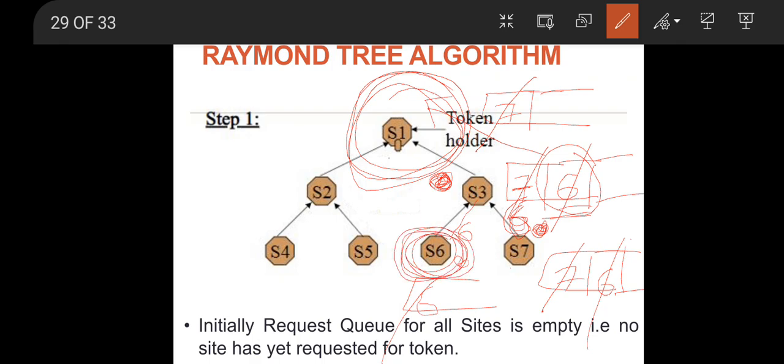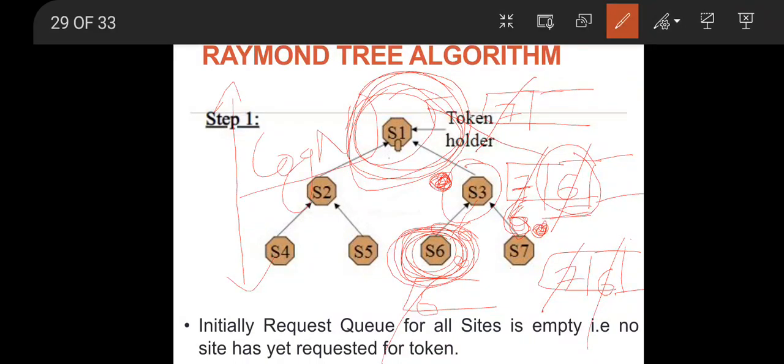If it wants the token, then the maximum number of times the message will have to travel is from S6 to S3 and S3 to S1, or on average it has to go up to some intermediate level, because only up to there will the request message travel, and after that the token goes to whoever is served next. Since this entire structure is a tree, and we know the height of the tree is log n,